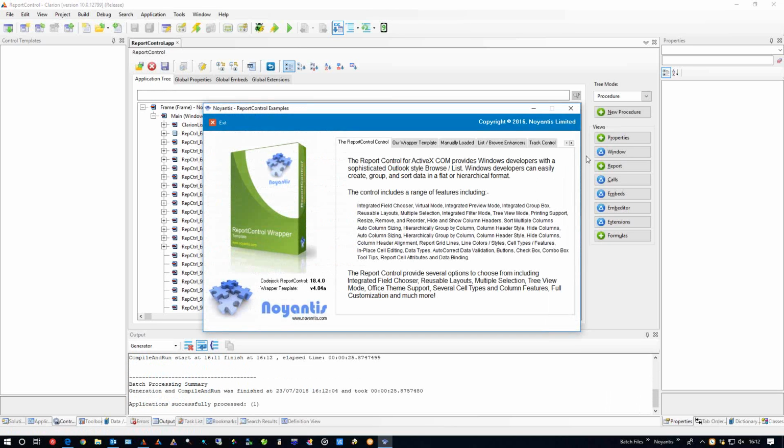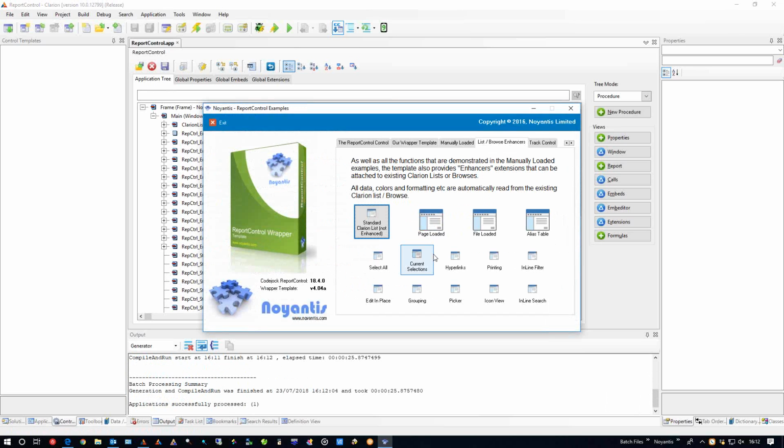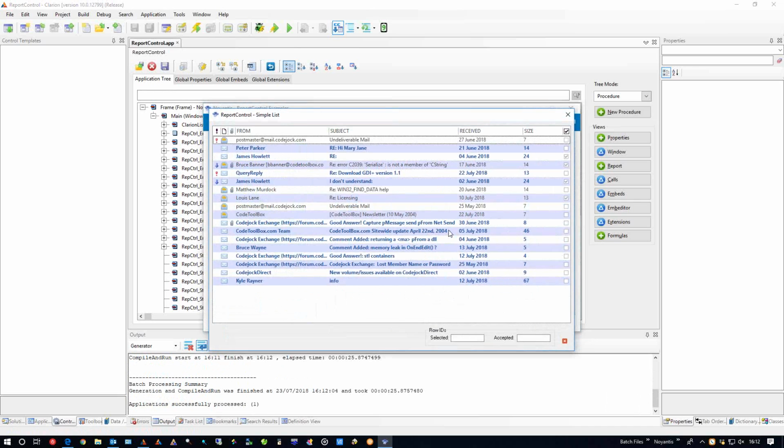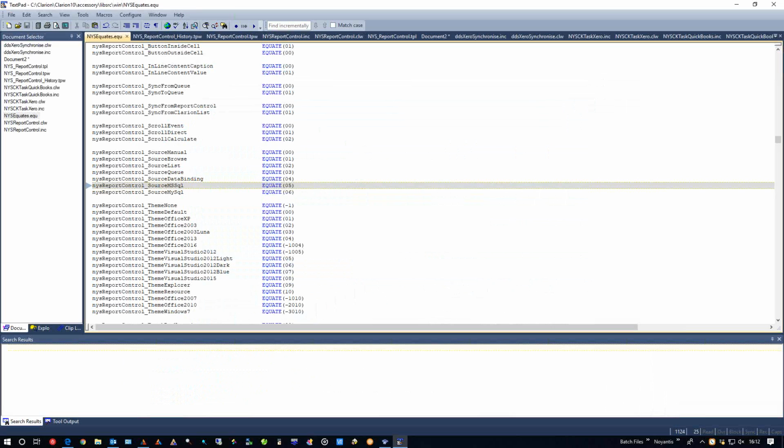What I want to do is basically the requirement is I need to load the data straight from SQL, but I don't want to use data binding. So you drop the report control on the screen, and in the data source, literally I've just typed in these are the two that I'm supporting to start with, the MS SQL and the MySQL.